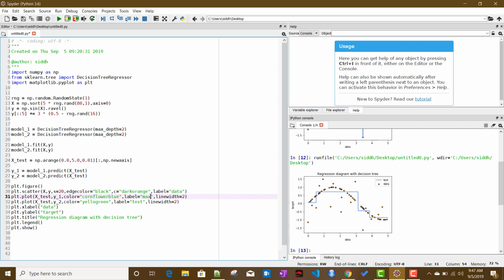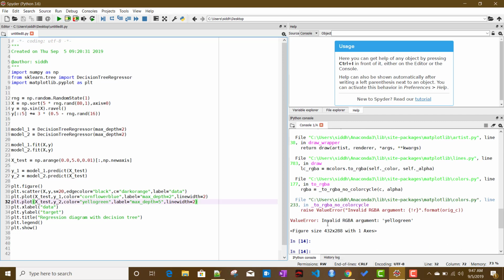Here it will be max_depth equals 2, which will come up in the legend, and over here we will give max_depth equals 5. And line width we'll just keep as 2 only, the default value. Let us run it. Invalid RGB argument, yellow green. Okay, it has to be a W over here. Save,